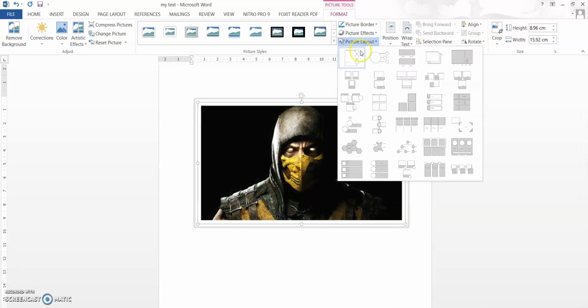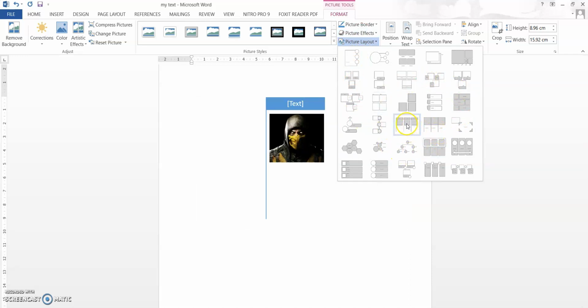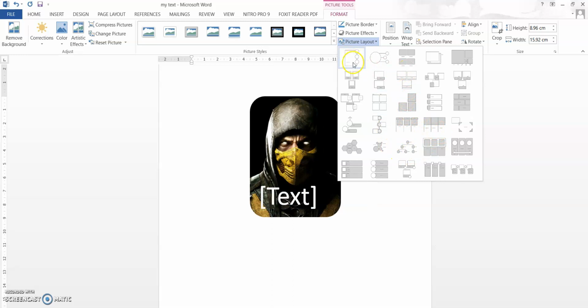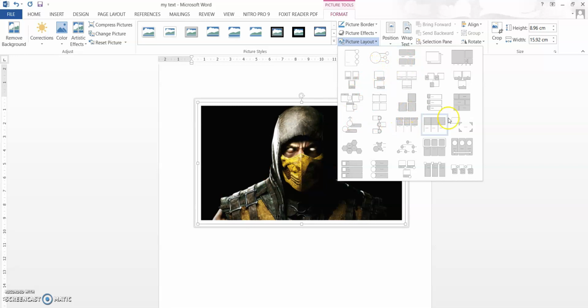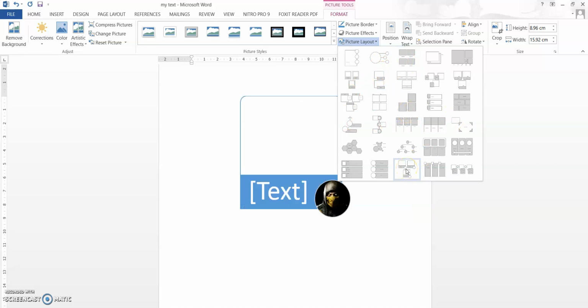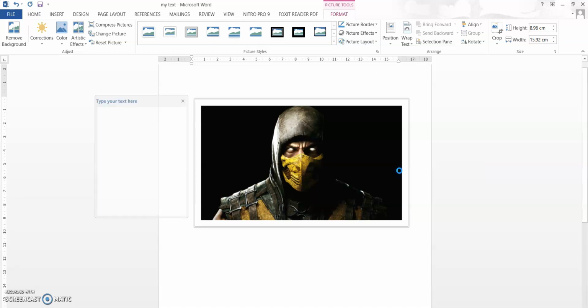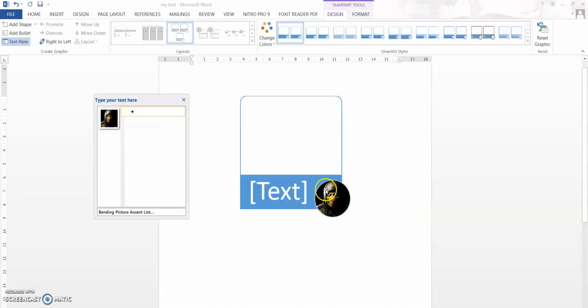So next is picture layout. So there are different layouts that are given. See, you can explore these layouts, and if you want to explain anything with respect to the pictures, then also we have different layouts given. So say, if you want something like this, let me select this. So see, if you want your profile picture to be here and your name and descriptions about yourself, then so many things can be done. And even the picture styles of these boxes can also be adjusted, design.